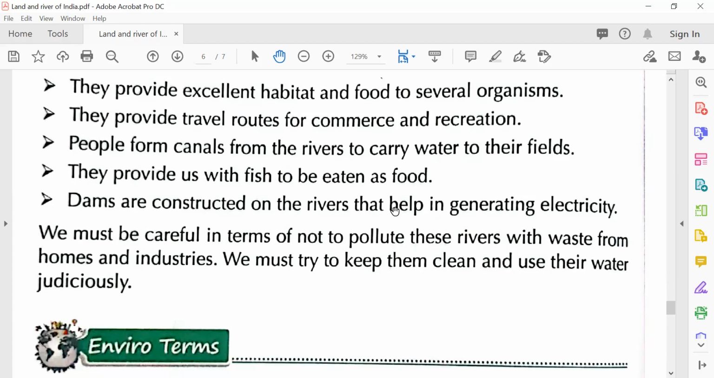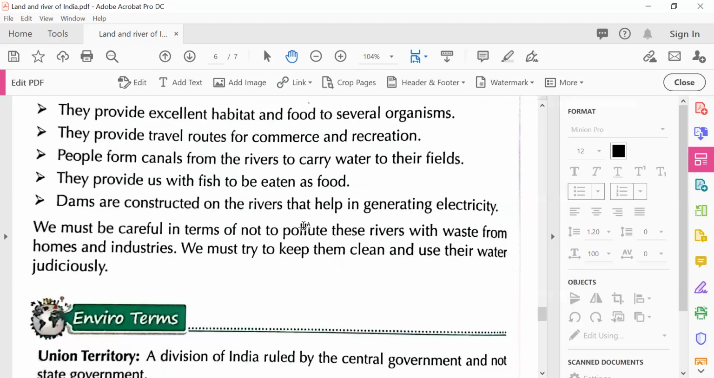Dams are constructed on the rivers that help in generating electricity. So in the river, they construct dams, and these dams generate electricity, which is very useful for all of us. Can you imagine a life without the internet, without electricity? Suppose there's no light and you have to live in the dark. It's very difficult, right? Yeah, in India, sometimes light is there, sometimes not. So now the dams also help in